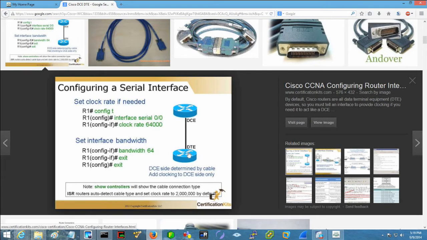Here's two routers back to back with the serial cable. Again, you'd only do this in a lab environment to see how it works. But what they did is they went into the device with the DCE side, and they said interface 0/0/0, clock rate 64K. And then that provides the clocking, which will bring the other side up.